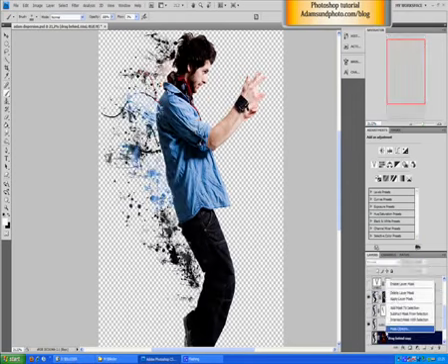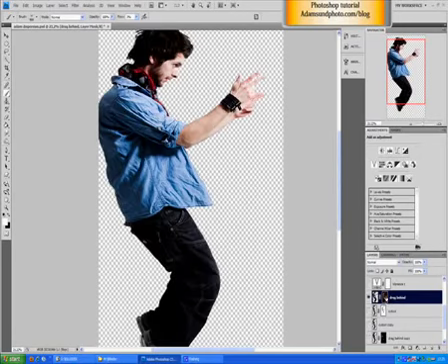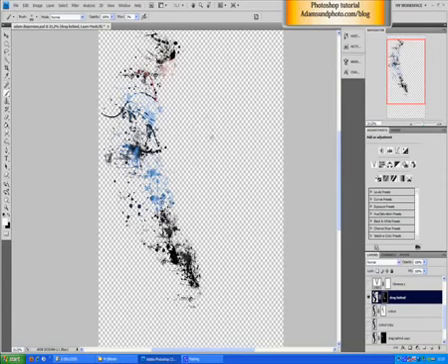Okay, let's see here. So what I did was let's go to this layer. And I added a layer mask and filled it with black so that the effect was not shown. And then I took, as you can see here, a white brush, with the maximum flow and opacity, and just painted, not painted, but tapped the effect back, like this. I tapped back the visibility